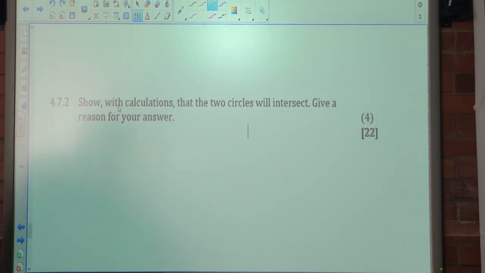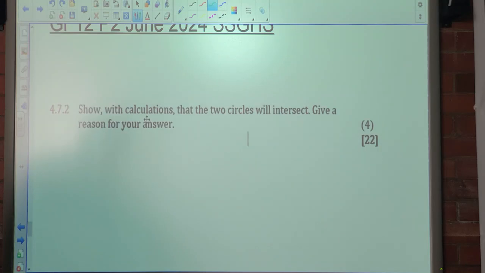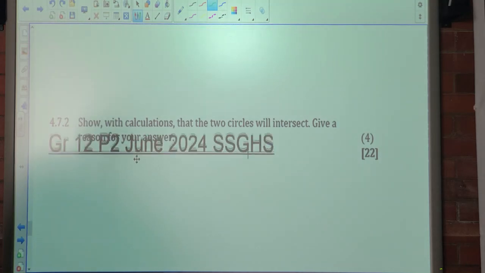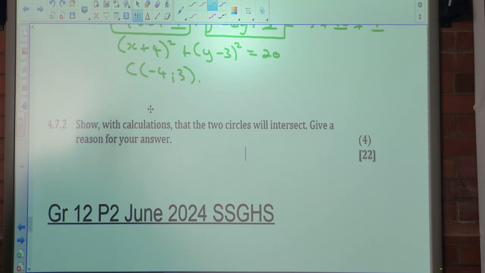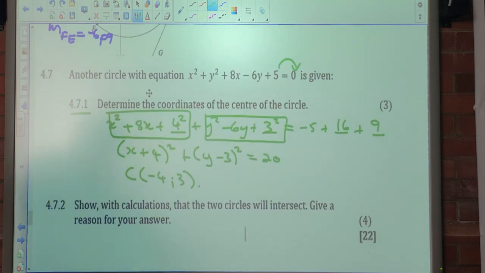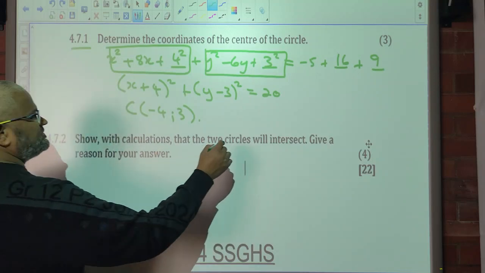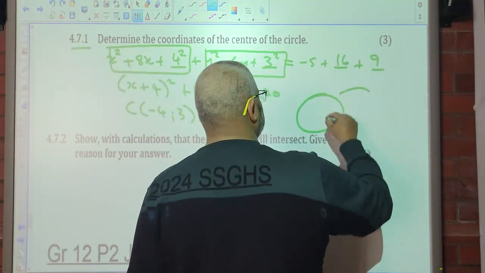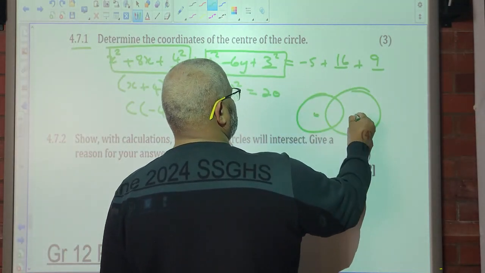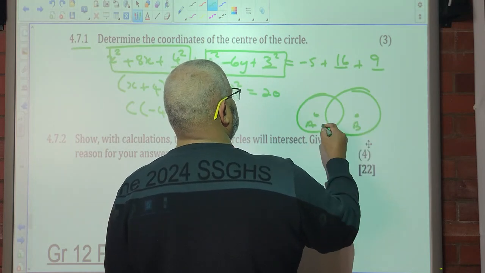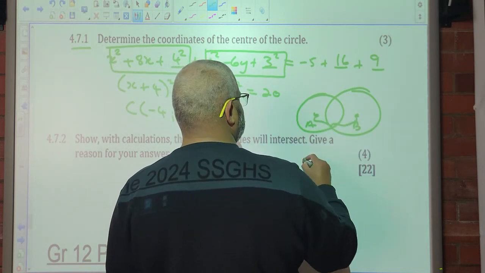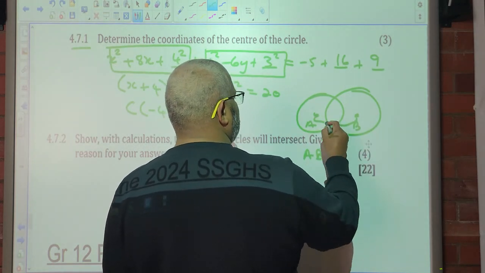4.7.2. Show with calculation that the two circles will intersect. Give a reason for your answer. So when would two circles intersect? Okay, the two circles intersect in the case where you've got the circles like this. The distance between the two centers is less than the sum of the